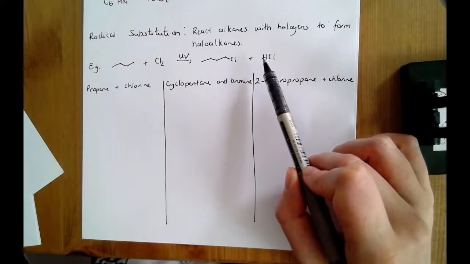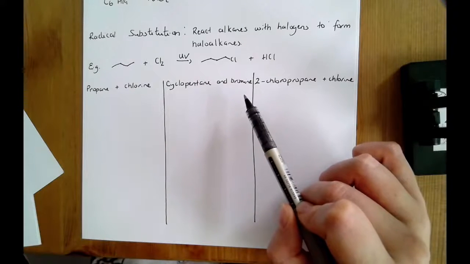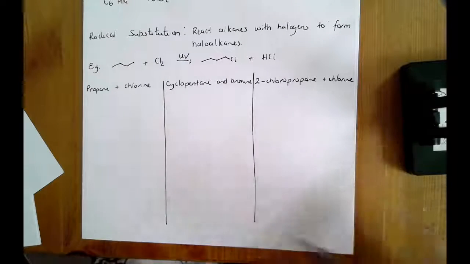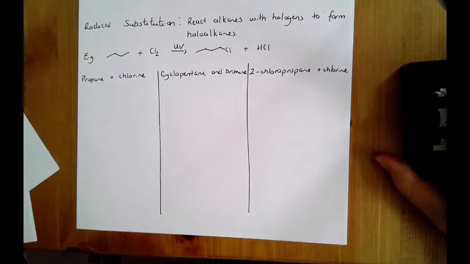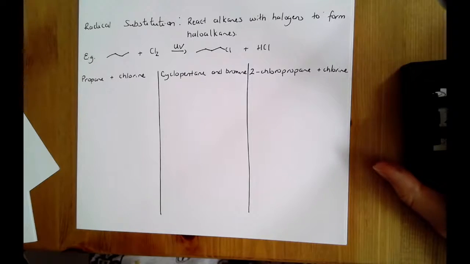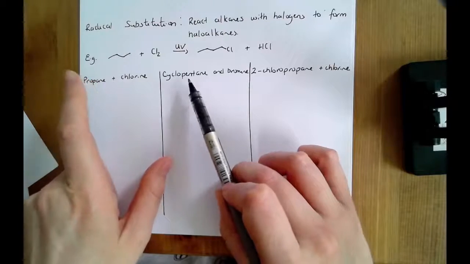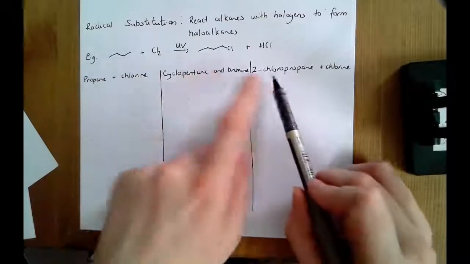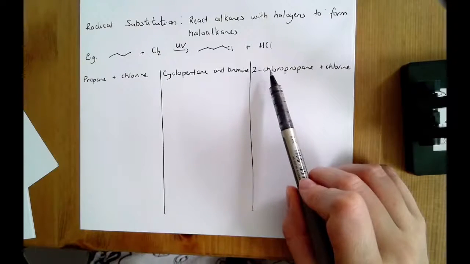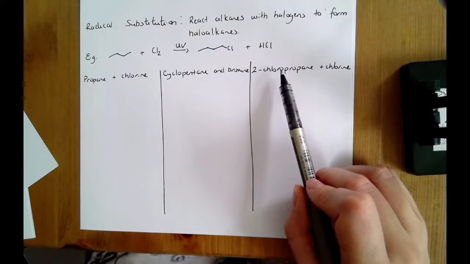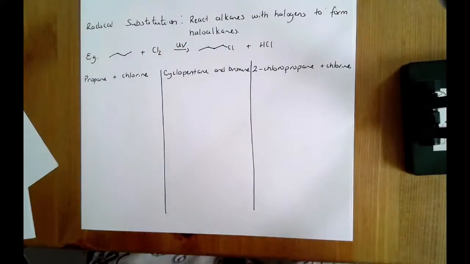So with these reactions, you need to be able to write a mechanism for the reactions in the form of equations. And I'm going to do out these mechanisms. I'm going to do it 3 times because I want you to see that they're the same every single time. I've got 3 different reactions. In each case, I've got my alkanes. I've got propane, I've got cyclopentane, and this time I've actually got 2-chloropropane, so an alkane that already has a chlorine on it. So it's actually a haloalkane. And I'm reacting these with my halogen, and I'm going to get a radical substitution